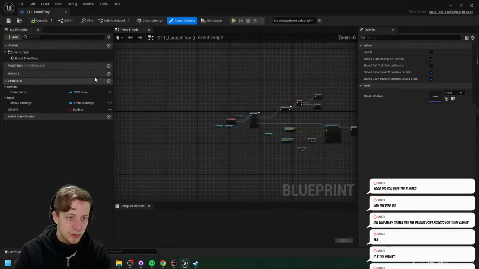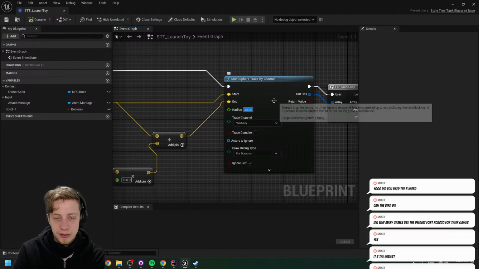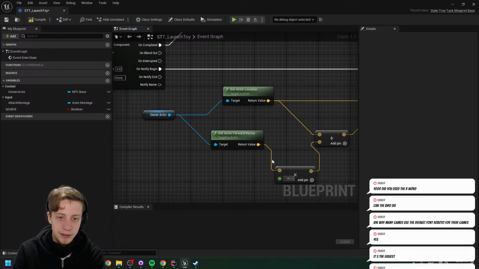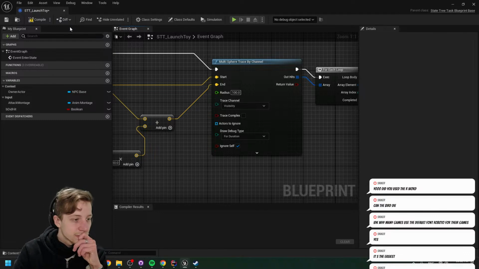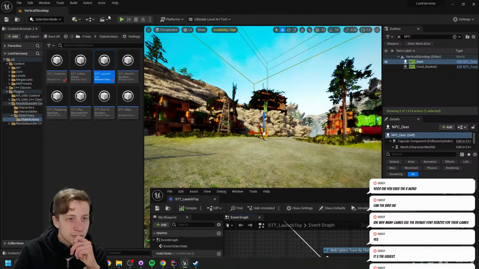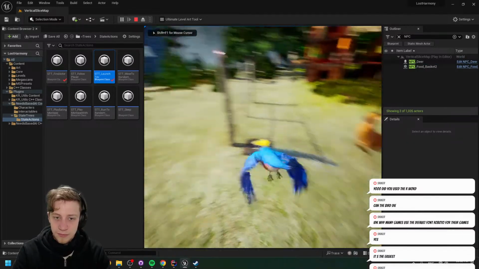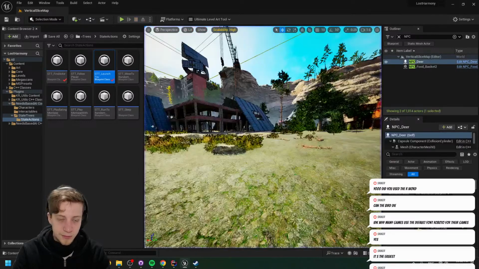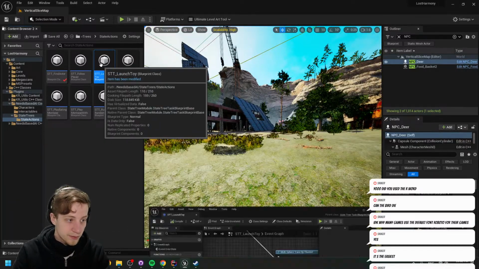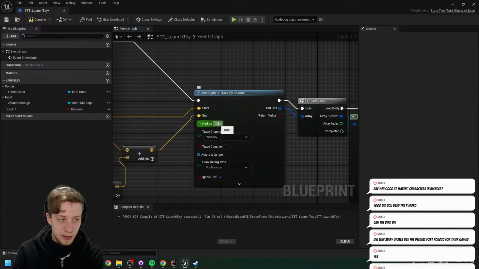Wait, launch toy, there we go. And want to decrease this to, let's say, about... No, let's say like 100. And we can increase this to about 150. Let's see. Okay, it's way too much. It's getting there, but it's way too much. Let's do like 50. And about...